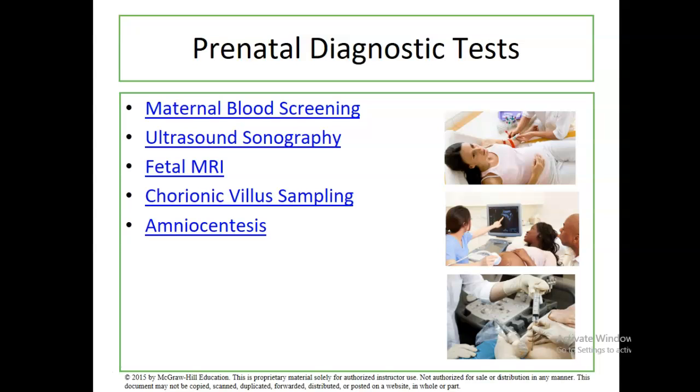Chorionic villus sampling and amniocentesis, these are referred to as invasive prenatal diagnostics. With chorionic villus sampling, we essentially penetrate the woman's vagina to receive a tissue sample, and we use that tissue sample to determine if the baby has any sort of genetic or chromosomal abnormalities. Amniocentesis, another invasive procedure, involves puncturing the abdomen with a needle and also puncturing the amniotic sac to retrieve some amniotic fluid and using that fluid to perform prenatal diagnostics.